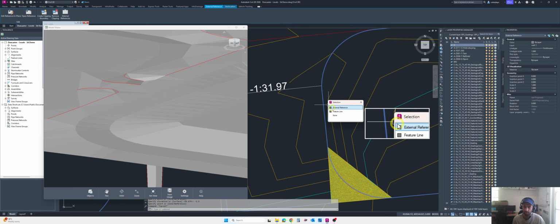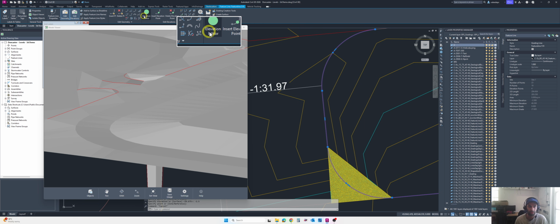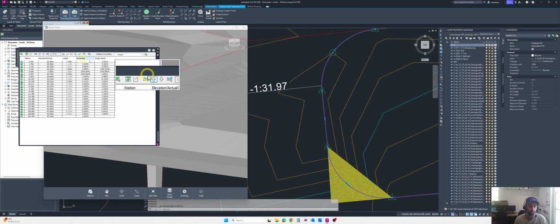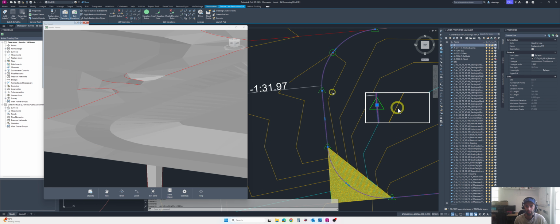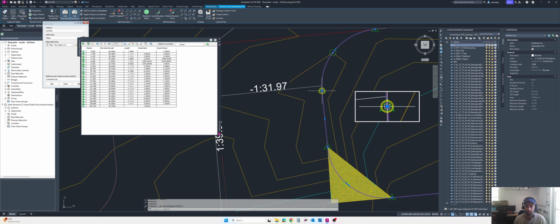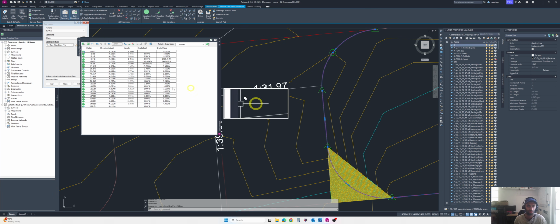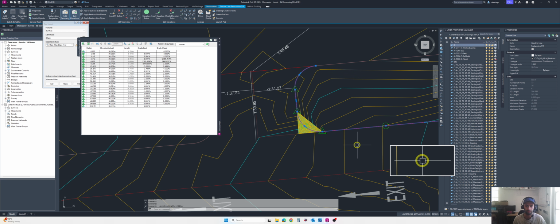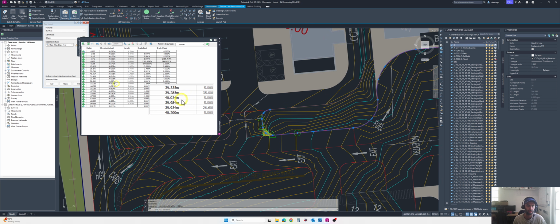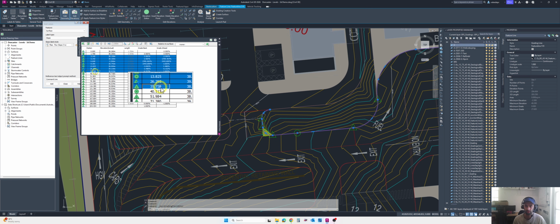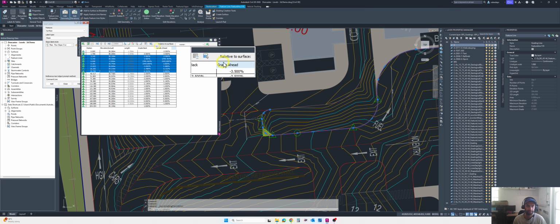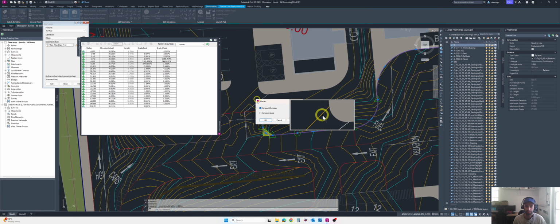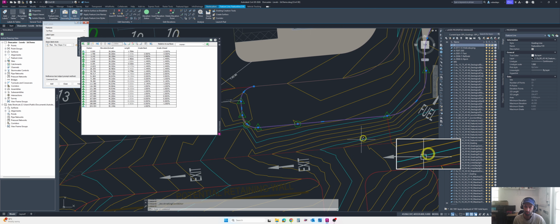What I will do is we can also do the elevation editor, for example this one. So I will look for this point here. I will close this one, and this point was 38.150. So let's say this one was our point, and we select our different points. That point we have selected a bit further down. Select this one, and then do the constant grade, so it will do the constant grade, but now